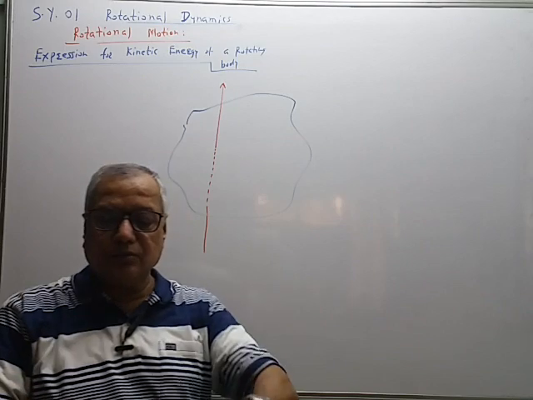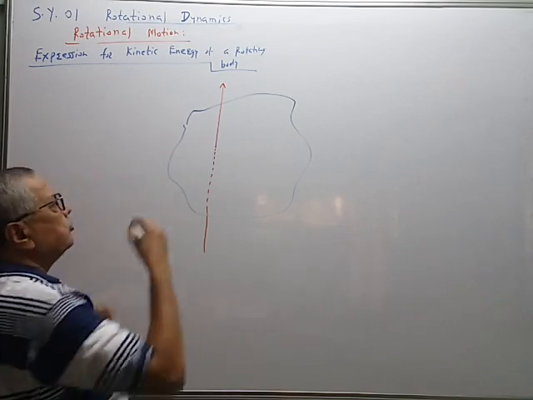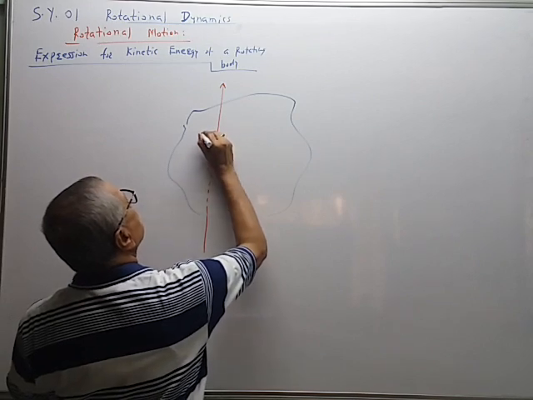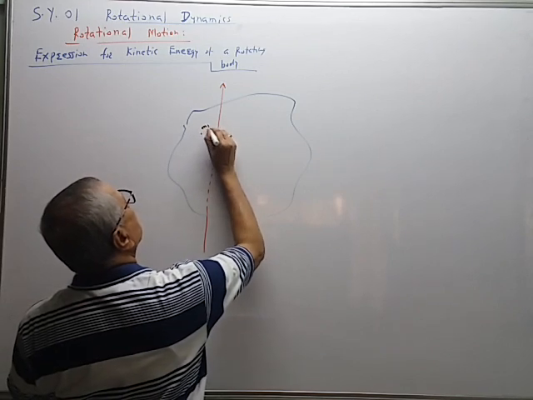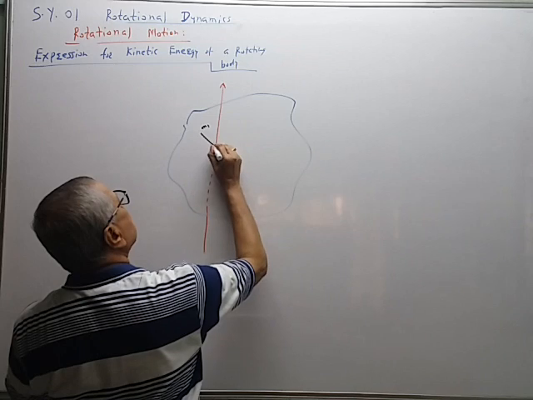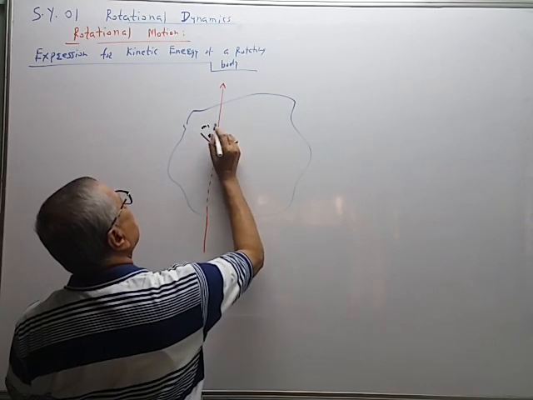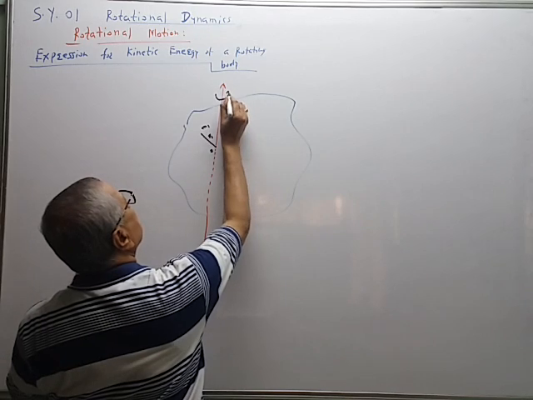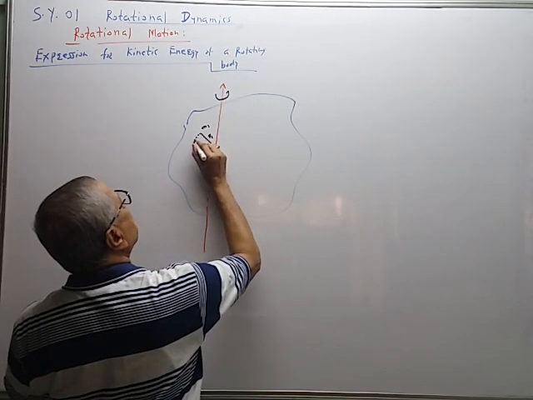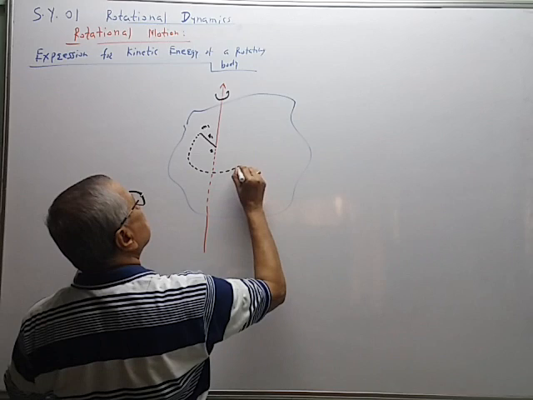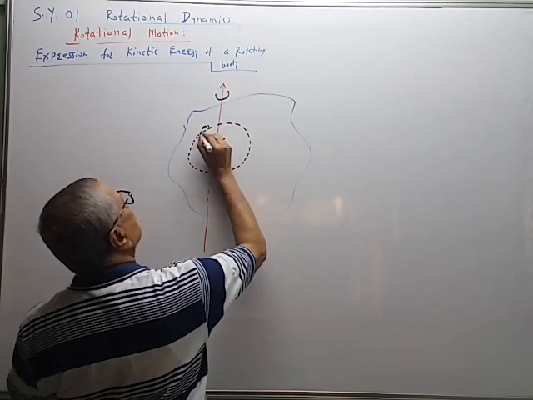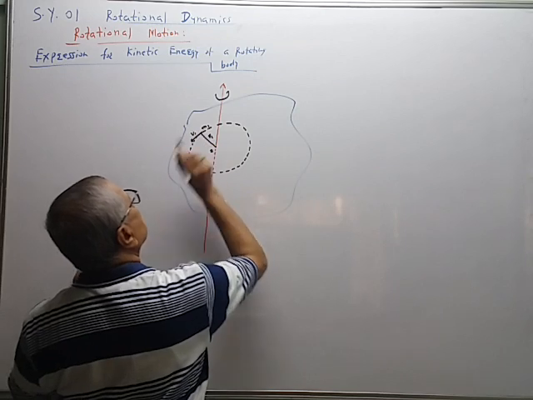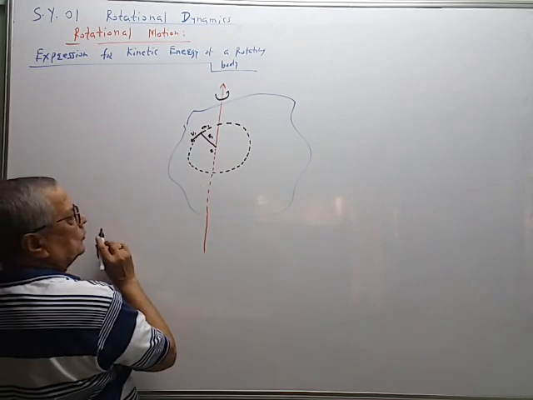Now inside this body we are considering n particles. Say this is the axis passing through the point O. Say this is the particle m1. It performs circular motion having radius r1. If the body rotates in this direction, this particle will perform circular motion in this circular path, so it will have tangential velocity v1. I will show only the magnitude.